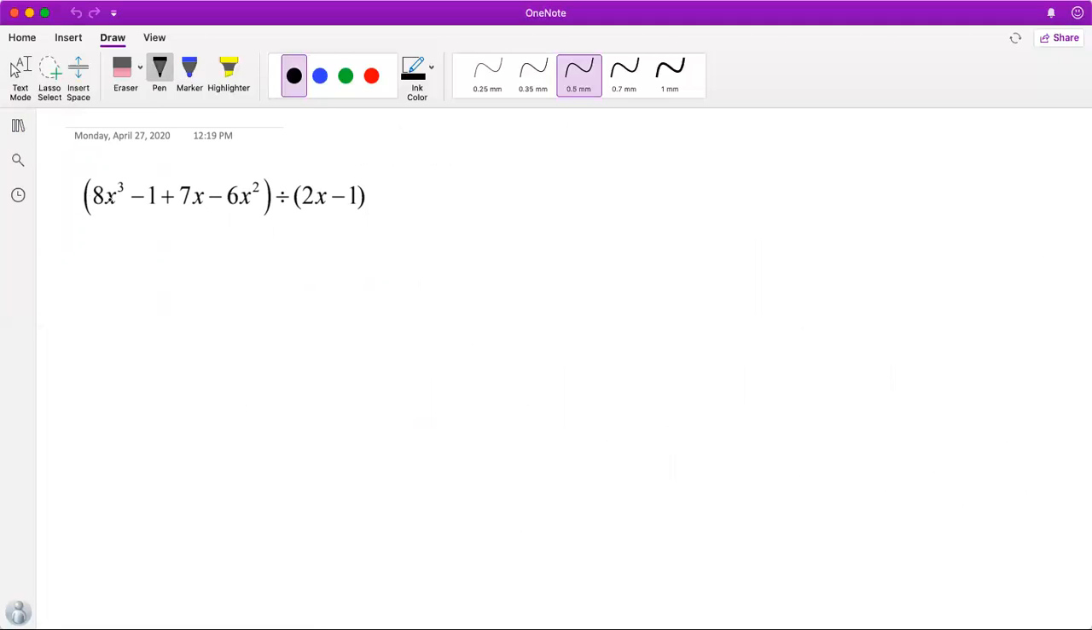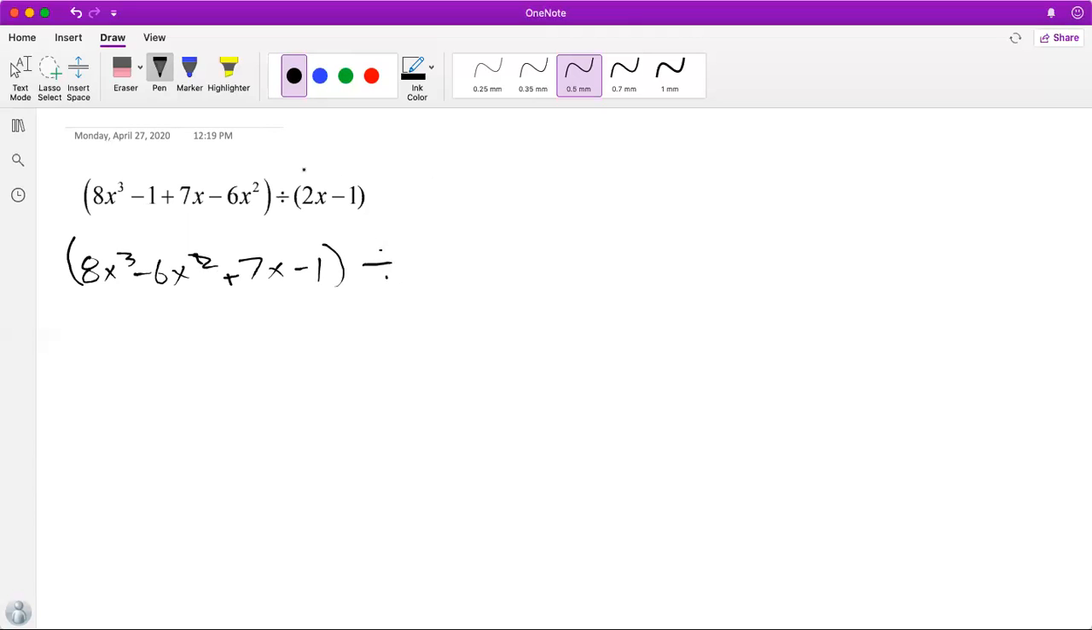Okay, this is good because the thing about this one that's different is that this is not quite the form that we like it to be in. So we're going to rewrite this thing first. You've got to make it in descending order. 8x cubed minus 6x squared plus 7x minus 1